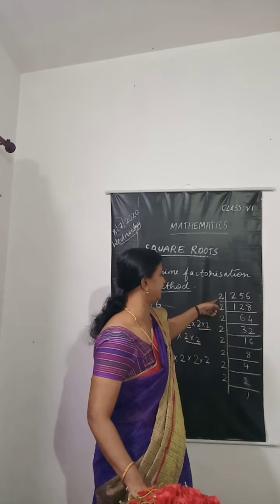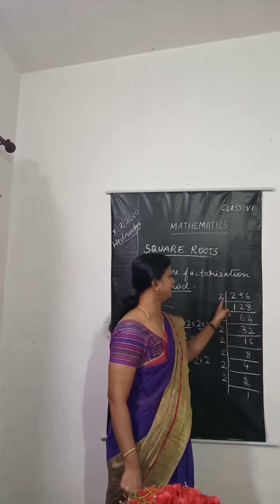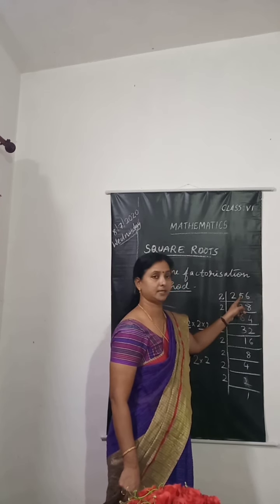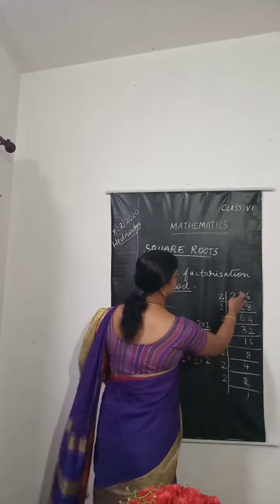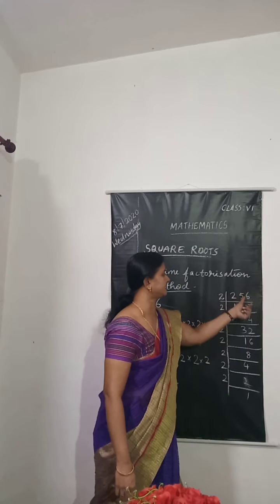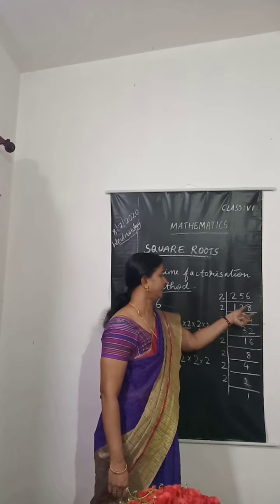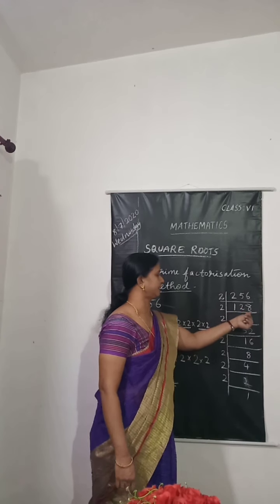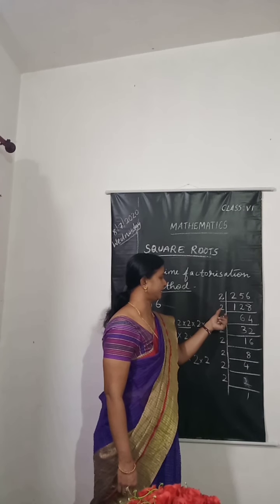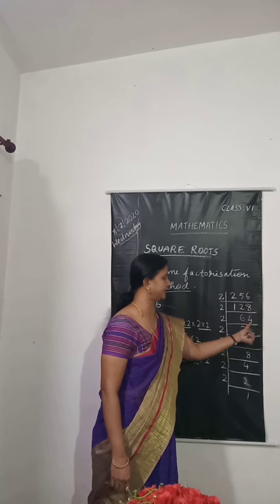So first you are dividing it by 2. 2 divided by 2 it is 1. 5 divided by 2 it is 2. 2 2s are 4. So here it is 5. 1 remaining will be there. That 1 comes in front of 6. Consider it as 16. Then you are dividing 16 by 2, that is 8. Next, again that number ends with 8, so you can divide it by 2. 1 divided by 2 you cannot do, so consider 12. 12 divided by 2 it is 6. 8 divided by 2 it is 4.